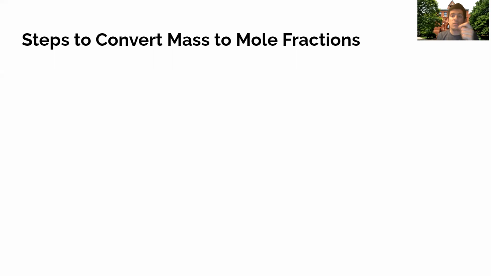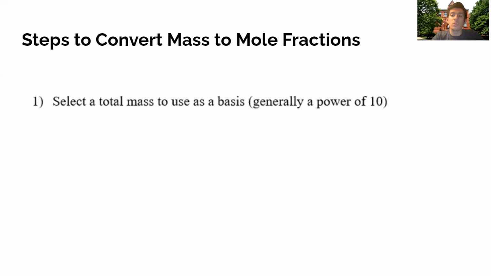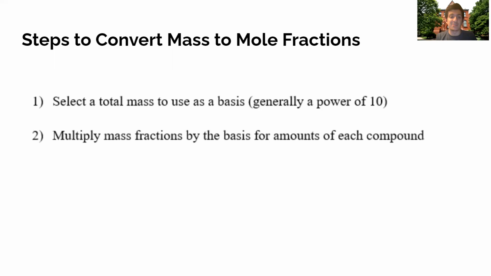So to convert from mass fraction to mole fraction, you need to do the following. Step one, select a total mass to use as a basis, generally a power of 10. So if you have a certain feed that contains so much water, so much carbon dioxide, so much oxygen, so much nitrogen, and you have mass fractions of it, and you want to convert to mole fractions, you select a basis. It's easiest to select a power of 10, because that makes the next step really easy,